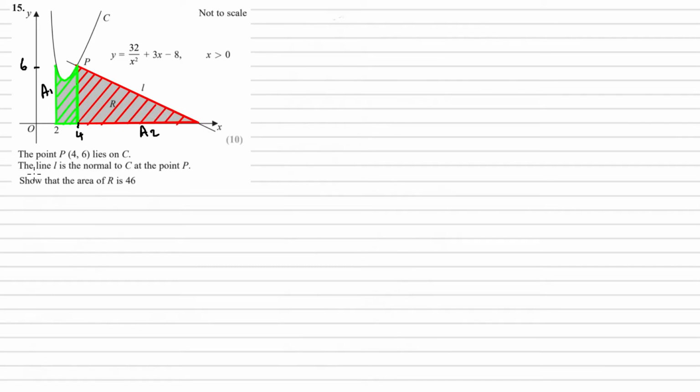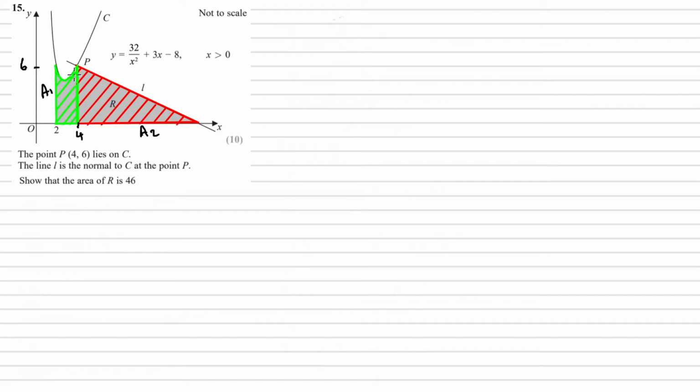Well, it's going to be due to the fact that the line is normal to C at the point P. Okay, so what I'm going to do to find the equation of that line is differentiate the curve. I'm going to substitute x equals 4 into it to find the gradient at that point. Then I'm going to find the negative reciprocal of that gradient because I know that this is the normal, so it's perpendicular. And then I can find the gradient, and I know a point that this line goes through, so I can find the equation of that line. Okay,